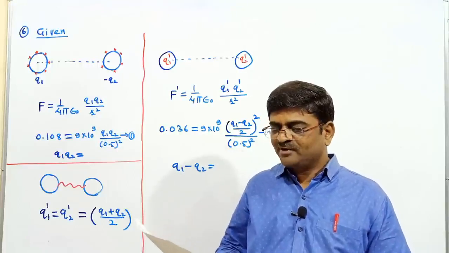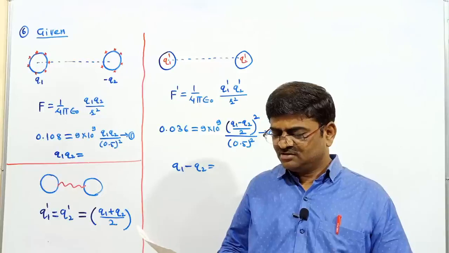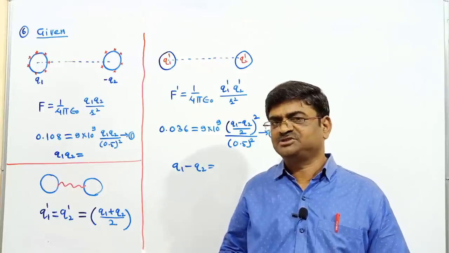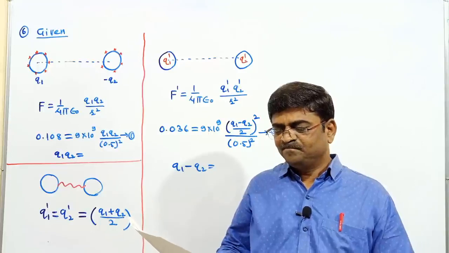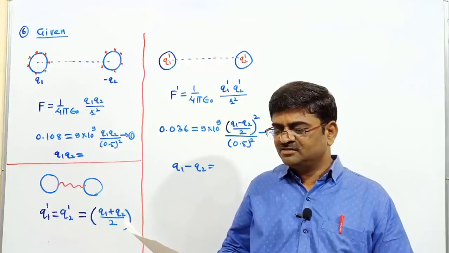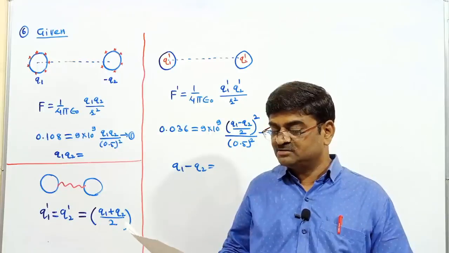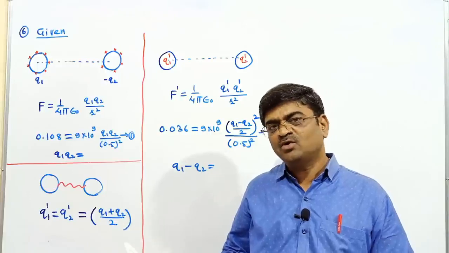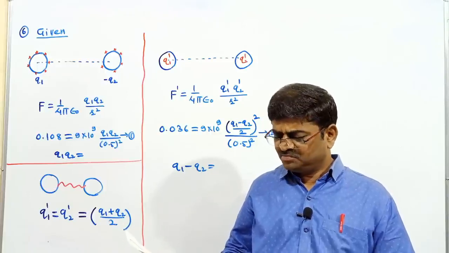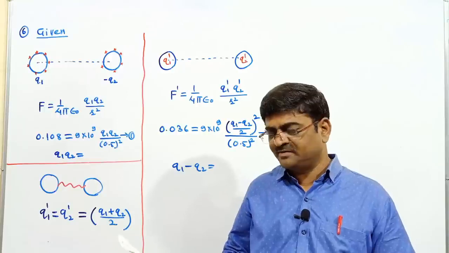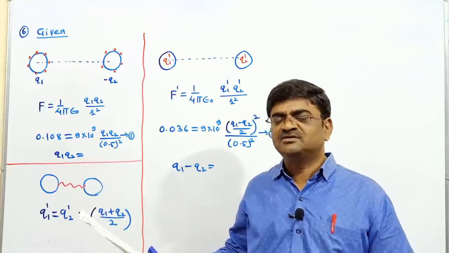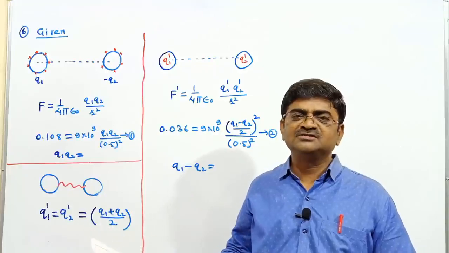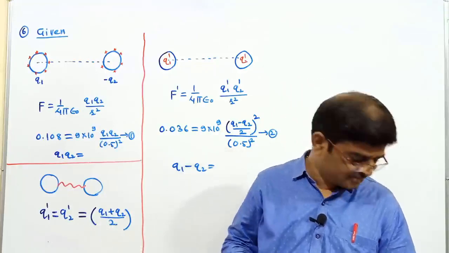So 3 more problems are left out. We shall solve them in the next period. So sir is waiting. 7th, 8th, 9th and 10th, 4 problems more are there. You try on your own, and hopefully if you could get a few of them, you solve. Otherwise we can finish these 4 problems in the next period, and then we can begin with the further concept called electric field. Okay, see you tomorrow.